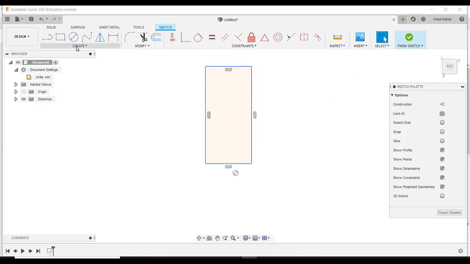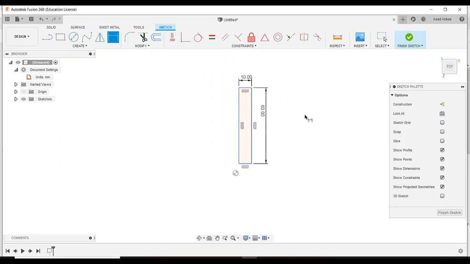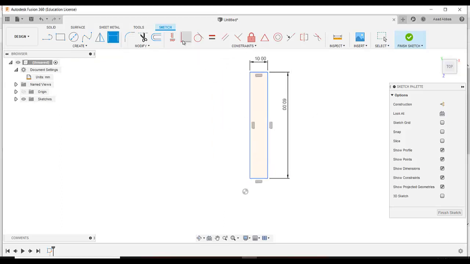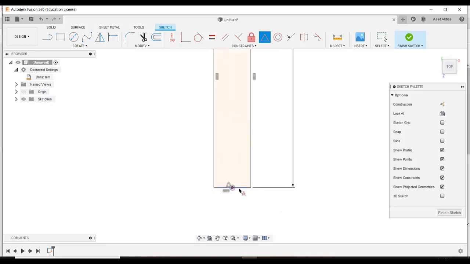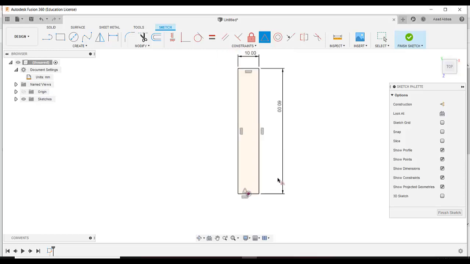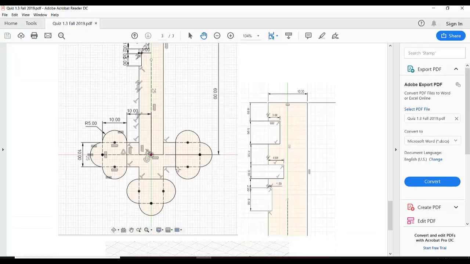And second thing is that I am going to add the sketch dimension. This dimension is given as 10 and this dimension is given as 60. So next thing is that we needed a midpoint constraint for this line and this region. So it will make this line the midpoint of that region. The region will be the midpoint of that line. And then select. Next thing is that I am going to add this slot portion and this arc, and